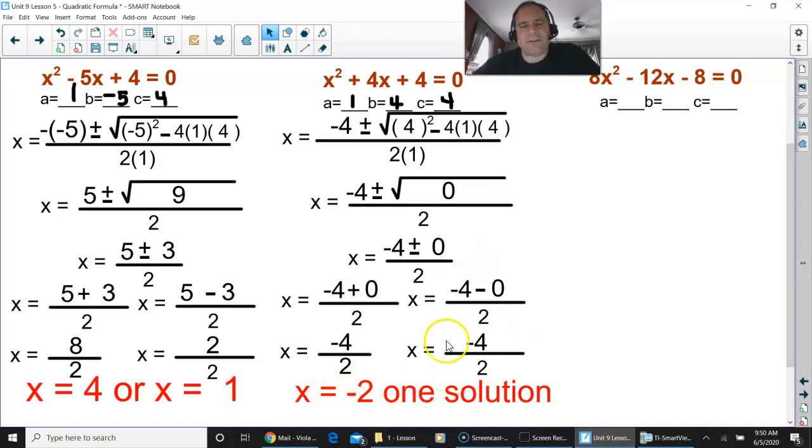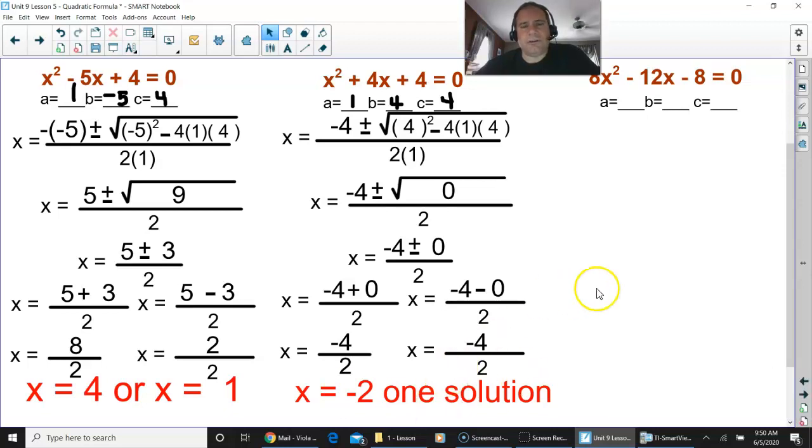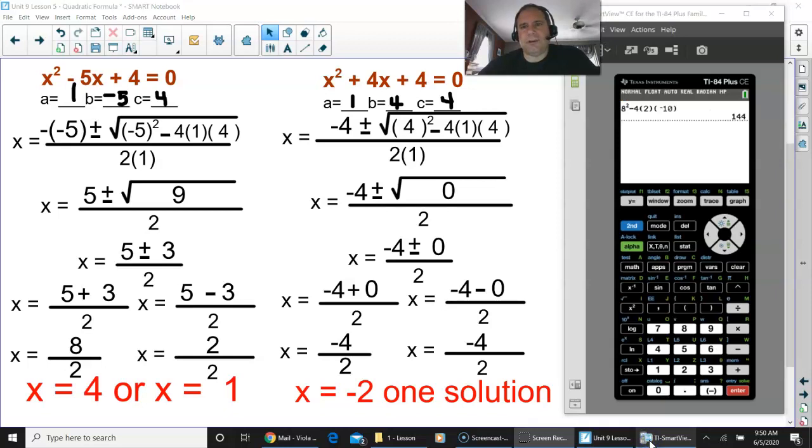You really don't have to show one of these sides, but I did just to show you that there is just one solution. Both sides would be equal to x equals -2. So don't stress it, one solution. If you do decide to bring the calculator up, and if you want to check, you have